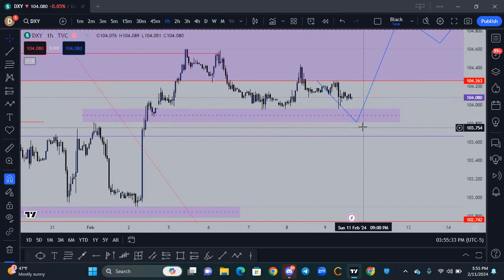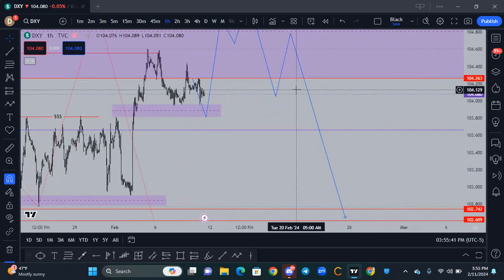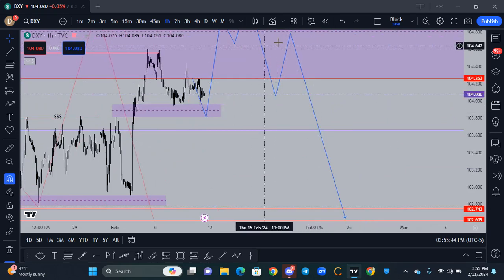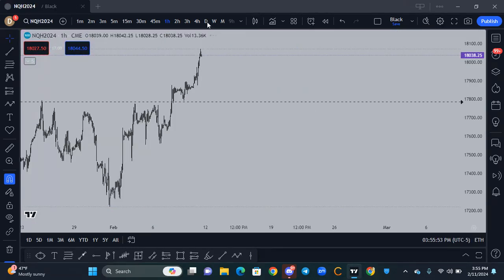So start of the week, it might open lower to trade above. Price might just stop here, and then pay this next week, and then shoot up. But hey, who knows? All right, let's get into the